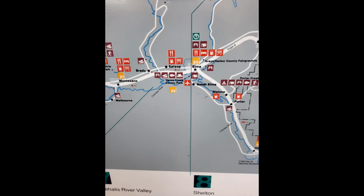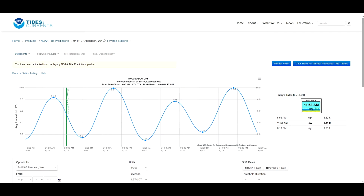trip. This portion of the Chehalis is close enough to the Pacific Ocean to be influenced by the changing tides. For all 3 locations where I paddled, the strength of the current and even the direction of the current will change as the tide varies from high to low every 6 hours. In addition to the current, the water depths you will paddle through will also change with the height of the ocean tide. As you watch this video, keep in mind that I did all 3 of these Chehalis River trips